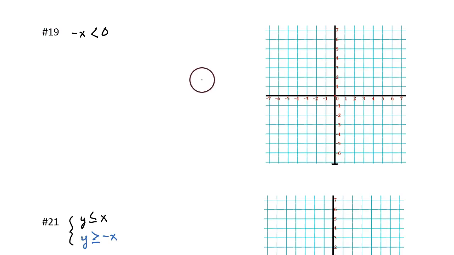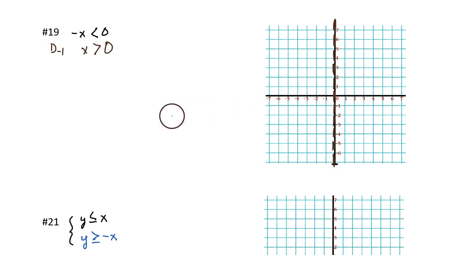Number 19. Let's solve this one for x by dividing both sides by -1. We get x is greater than 0. This is a special case. It's a vertical line, and it crosses the x-axis at 0. So we're going to trace the y-axis, but we need to trace it with a dashed line. So to make it show up, I'm drawing on the y-axis, but kind of just a tiny bit to the side, just so it visually shows